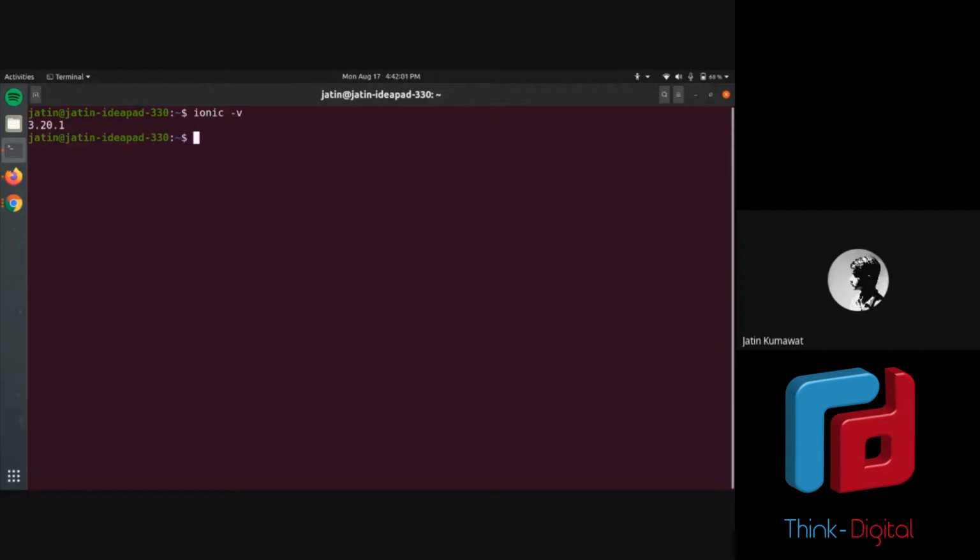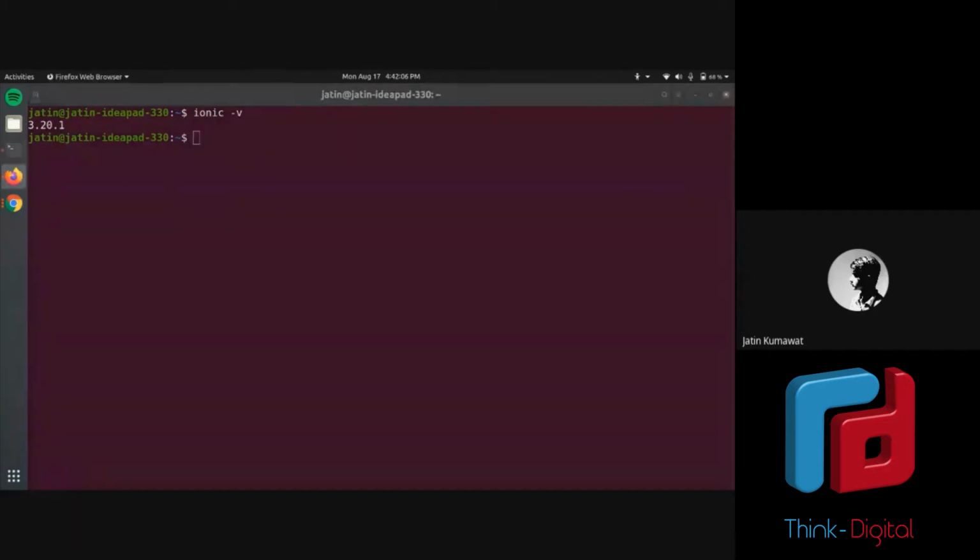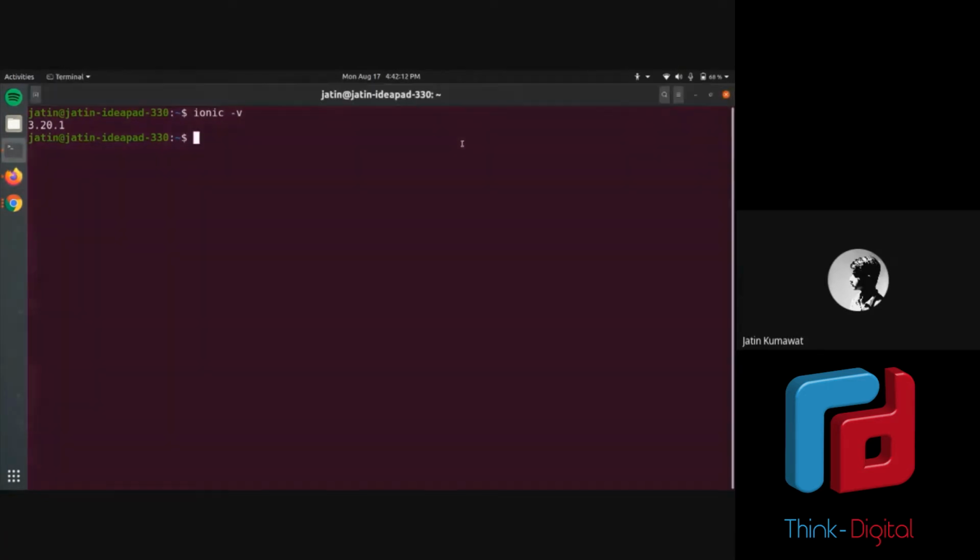So that was the entire purpose of installing Node.js and npm. Now that Ionic is installed, I will not be using Node.js anywhere throughout the app development. Okay, so let me clear this. Is this visible, or should I increase the size? Let me increase it. Okay, so now Ionic is installed on our systems.